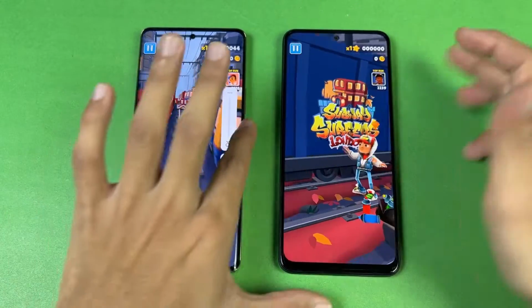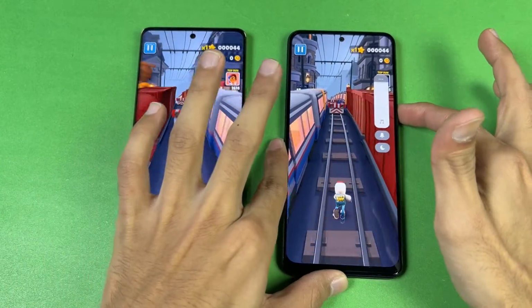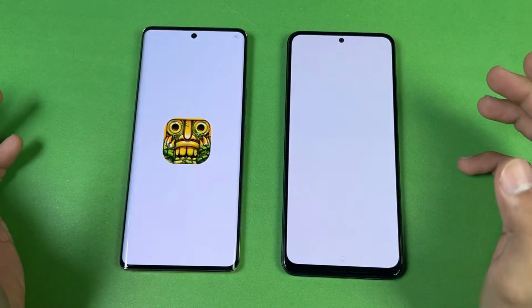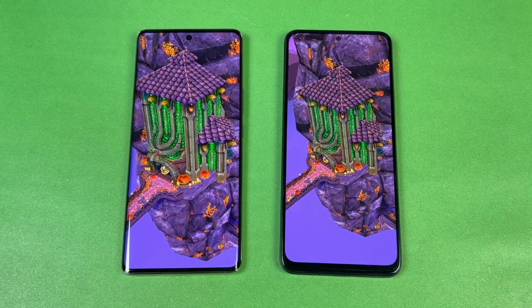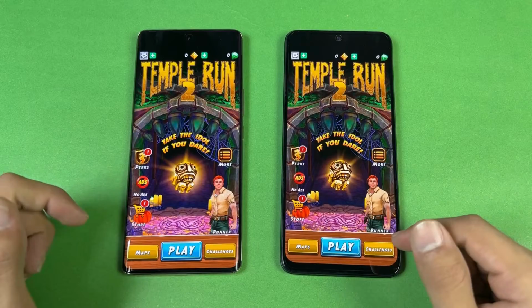And here is the Redmi Note 12 with the single speaker. So you can see in the speakers it is much louder, also has a lot more bass over the 030. And now let's see Tempern 2. Let's see in the Tempern 2 which one will be faster. The 030 is slightly faster if I'm not wrong. As you can see, again, a 1 second